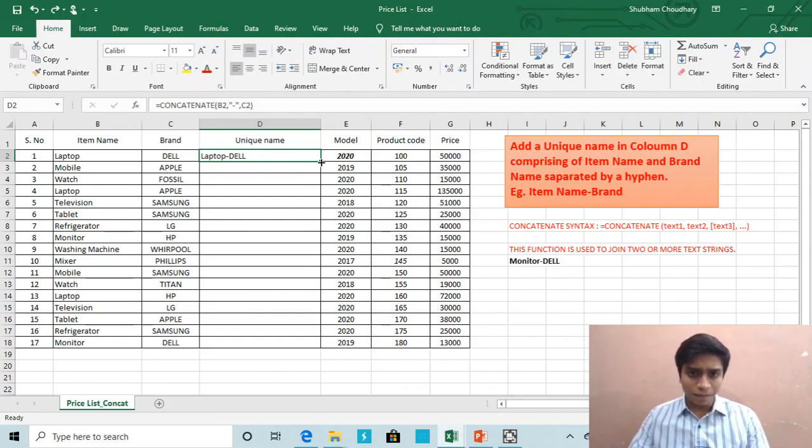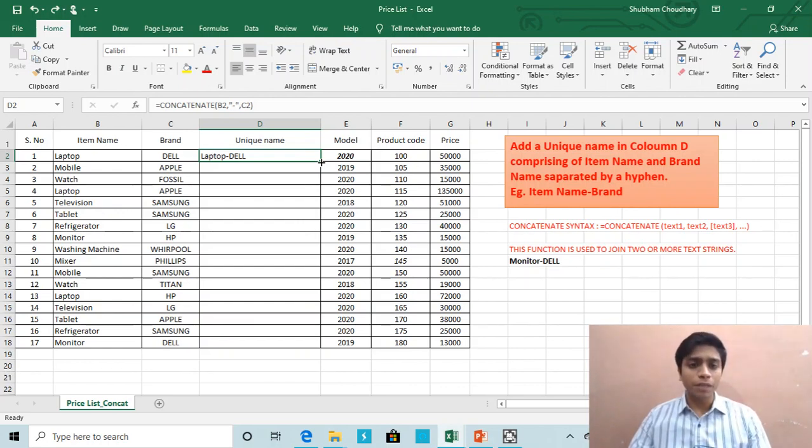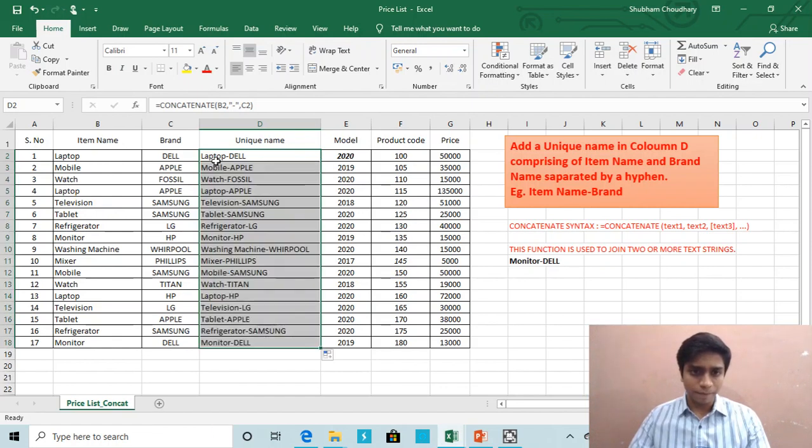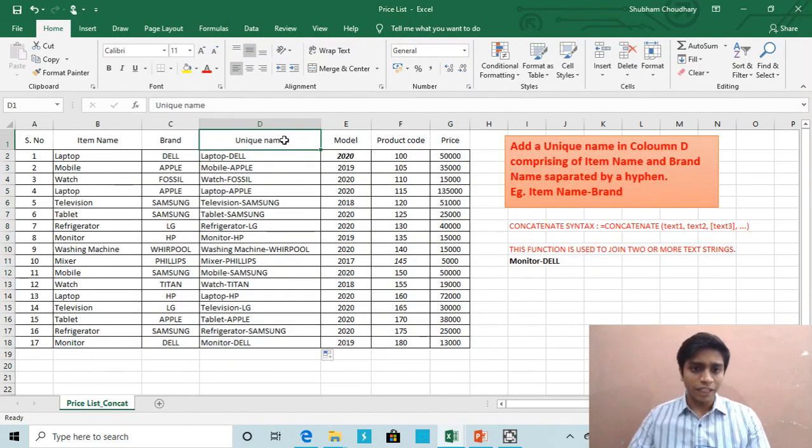Now you can see a black color plus mark. If you double click this black color plus mark, the item that is written in the cell will be copied till the last cell like this. So now we have seen how the concatenate function actually works. We have made a unique name.